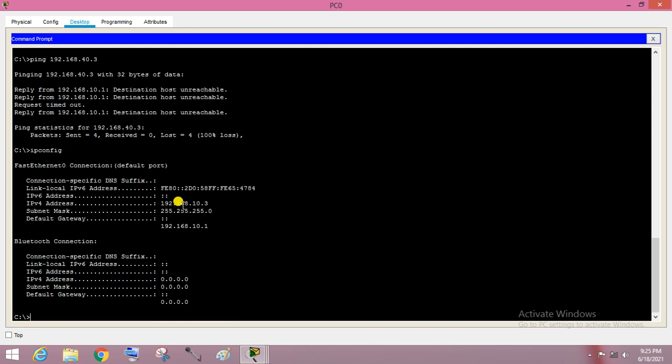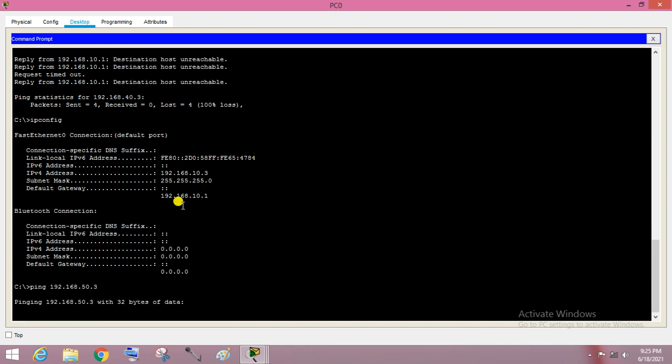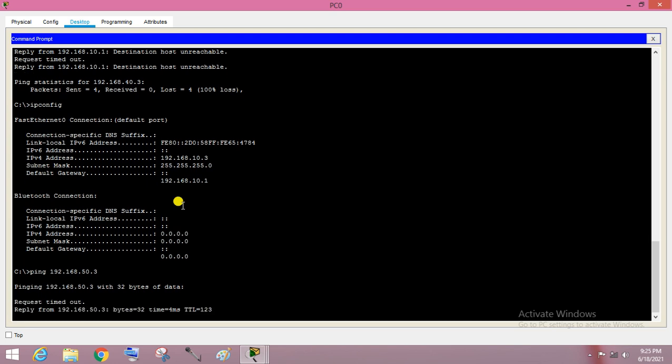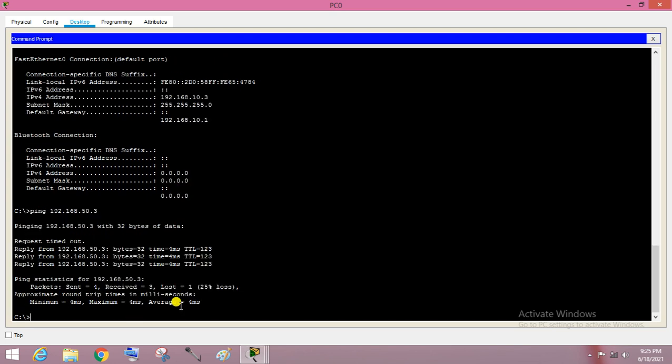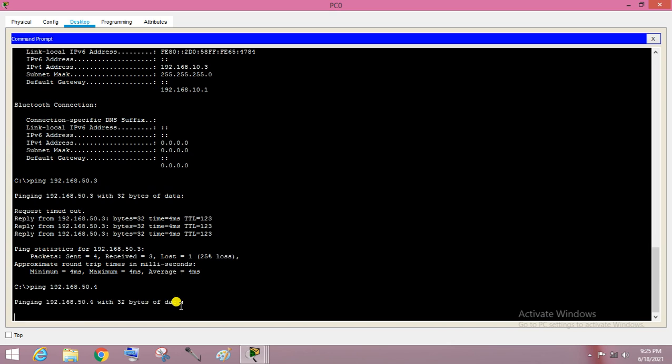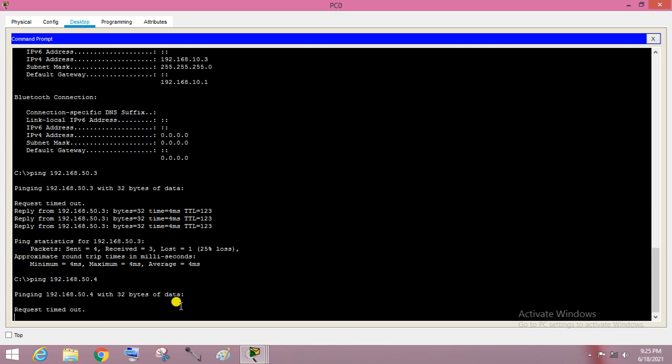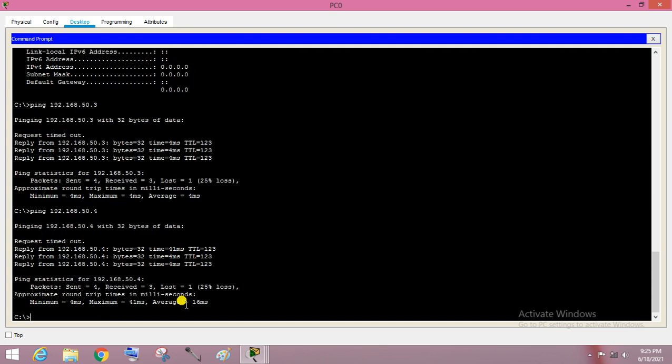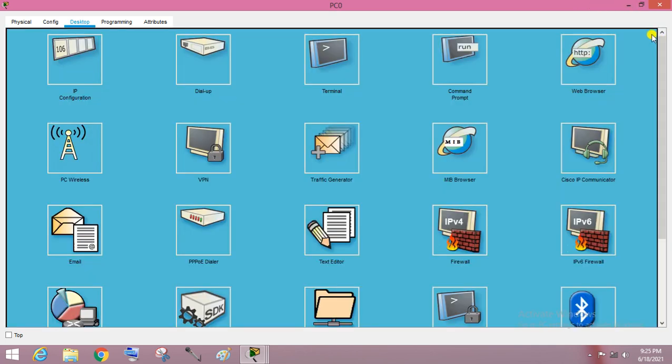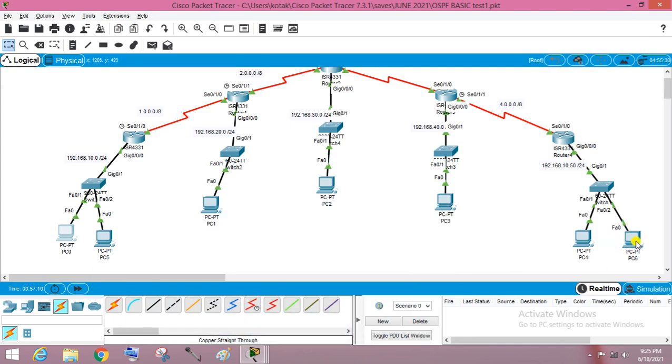It is 10.3. Now we are pinging 192.168.50.3. It will take some time because of Packet Tracer. Right? Yeah, it's pinging now. Okay. Now 50.4. It takes some time. Yeah, it's pinging. Fine.